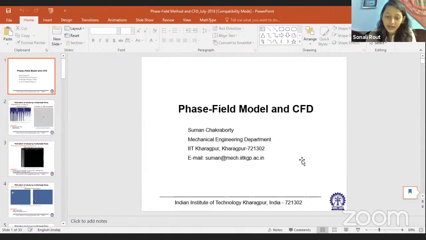Formerly, he was the head of the School of Medical Science and Technology. His current areas of research include microfluidics, nanofluidics, micro-nanoscale transport with particular focus on biomedical applications, including diagnostic technology. He has been awarded the Shanti Swarup Bhatnagar Prize in the year 2013, which is the highest scientific award from the Government of India. He has been elected as a Fellow of the American Physical Society, Fellow of the Royal Society of Chemistry, Fellow of ASME,